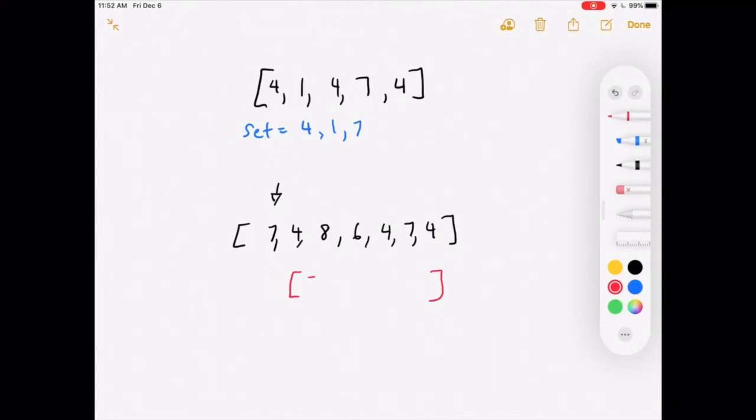Yes, it is. So we add it to the array. Move this over. Is this in the set? Yes, it is. So we add it to the array. Move it over. Is this in the set? No, it's not. Is this in the set? No, it's not. Is this in the set? Yes, it is. The problem now is that when we add this to the array, we now have duplicate number